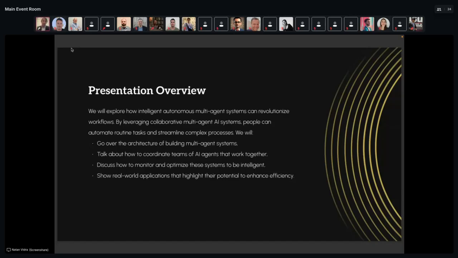We'll talk about how you can coordinate these teams of AI agents that work together. We'll talk about how you can monitor and optimize these agents to be intelligent. We'll talk about a few use cases where agents can be applied and are super helpful. And at the end, we'll talk about the idea of a generalist agent framework and why it's a really exciting concept.